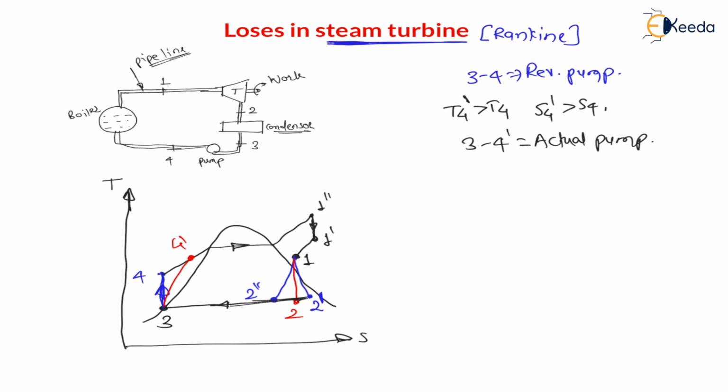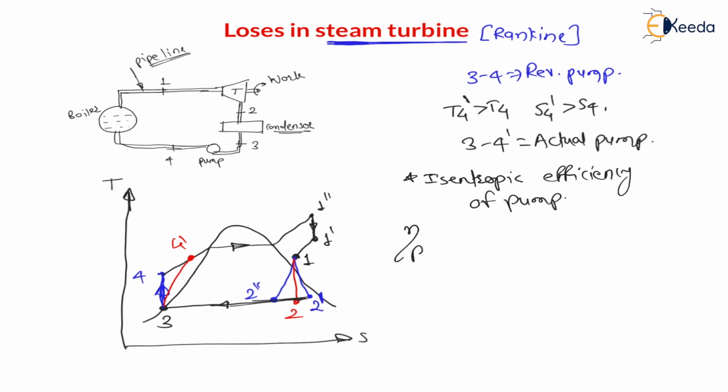So my dear students, this pump is a work consuming device, and whenever there are losses in the pump, it will consume more work. The work producing device will produce lesser work because of losses, and the work consuming device will consume more work because of losses. Therefore here actual work is more as compared to isentropic work. Therefore again there will be a concept of isentropic efficiency of pump. Let us understand this concept.